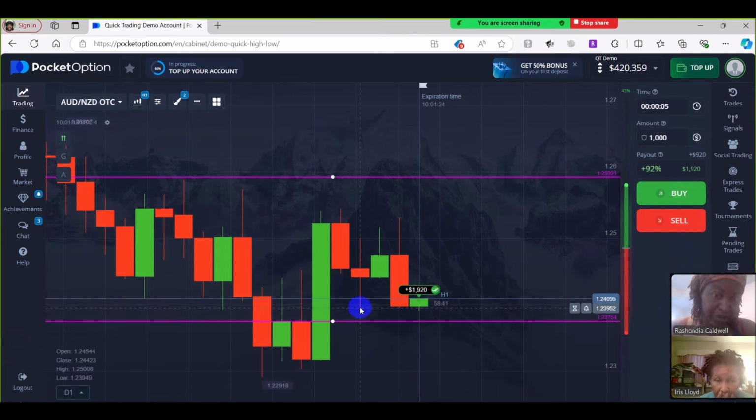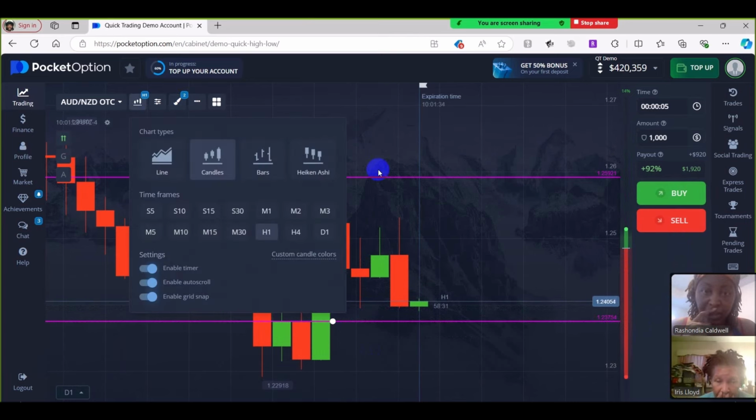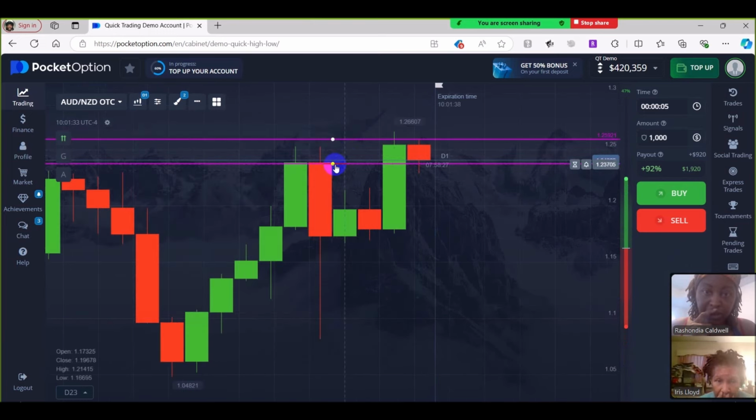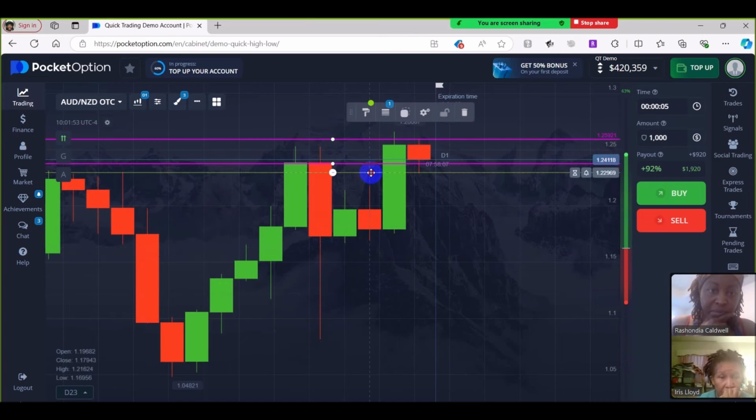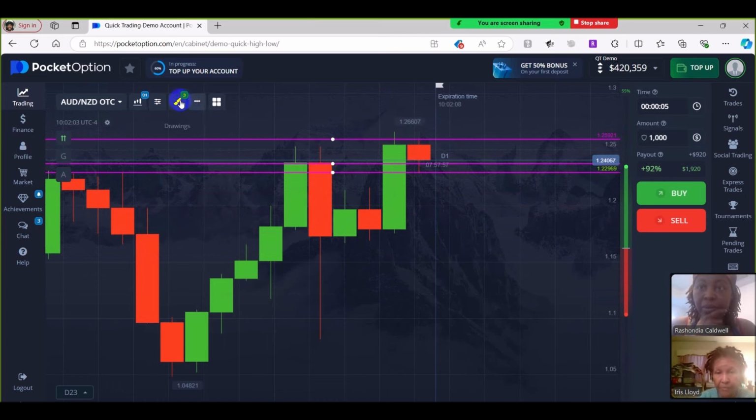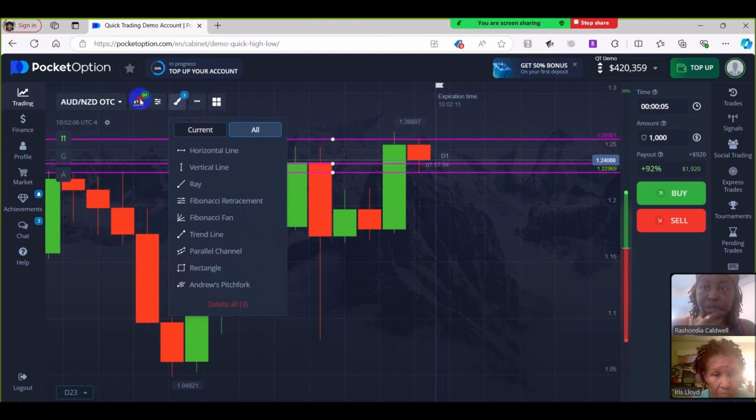So it's bouncing off of this little area right here. So if we move this, I think I gotta go back to the daily to change that. Go back down to the